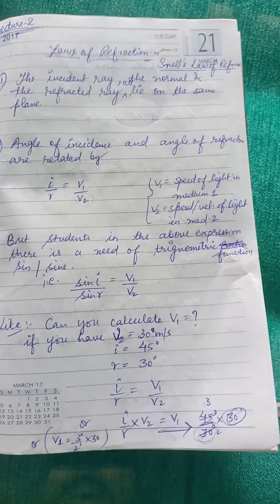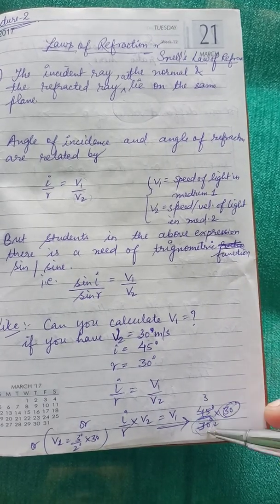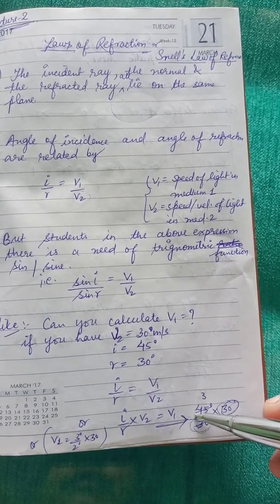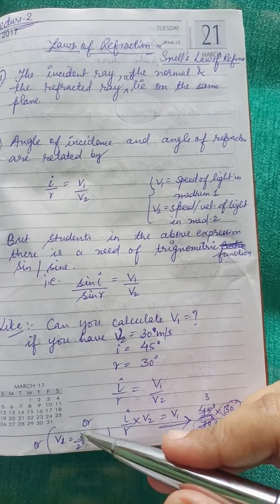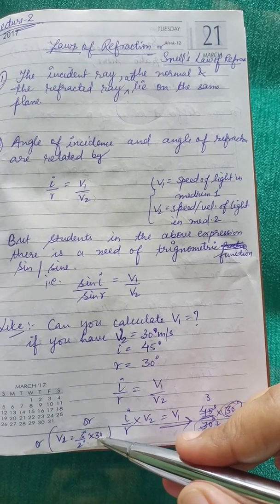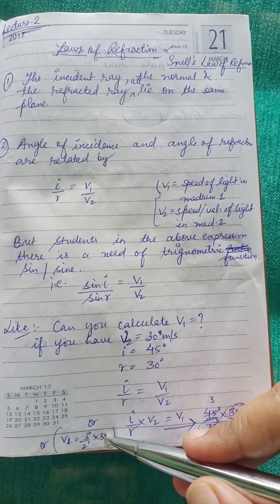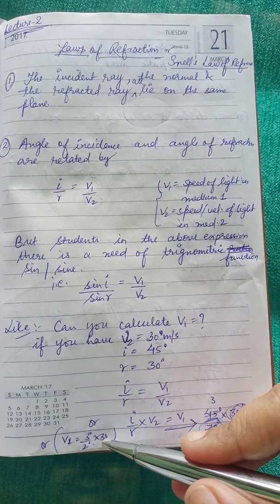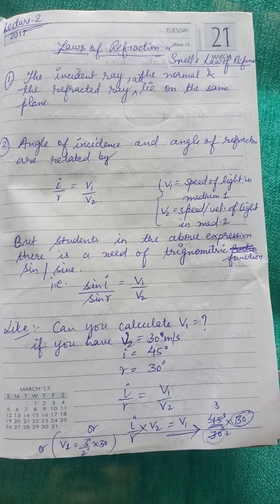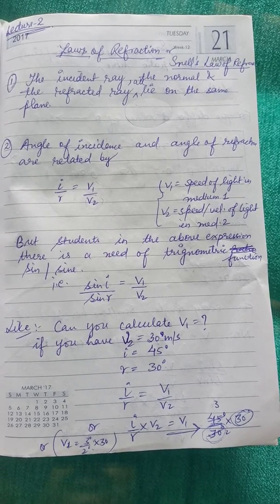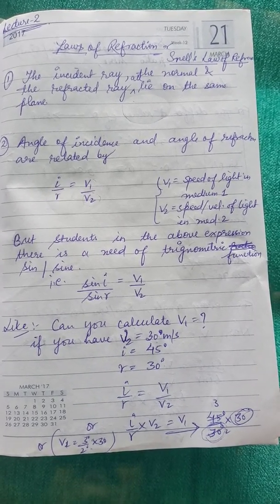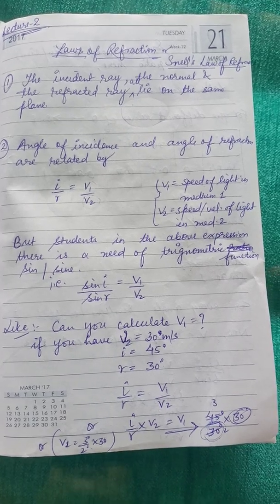Do remember that. So now you can calculate it, and when you cut it, you will get 3 degree by 2 degree into 30. But this is the value of v1. Is it sufficient to listen to, or is it okay to say 3 degree by 2 degree into 30 meter per second is v1, the velocity of medium 1? No, it is not, students. Therefore, we require a trigonometric function and we have used sine here.